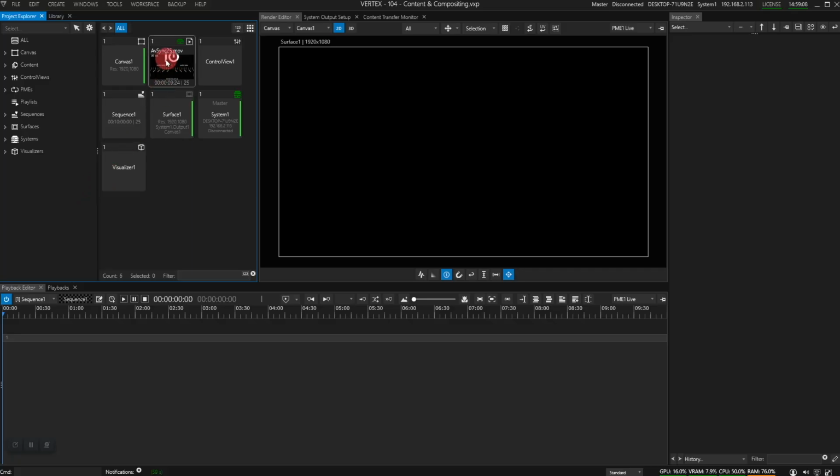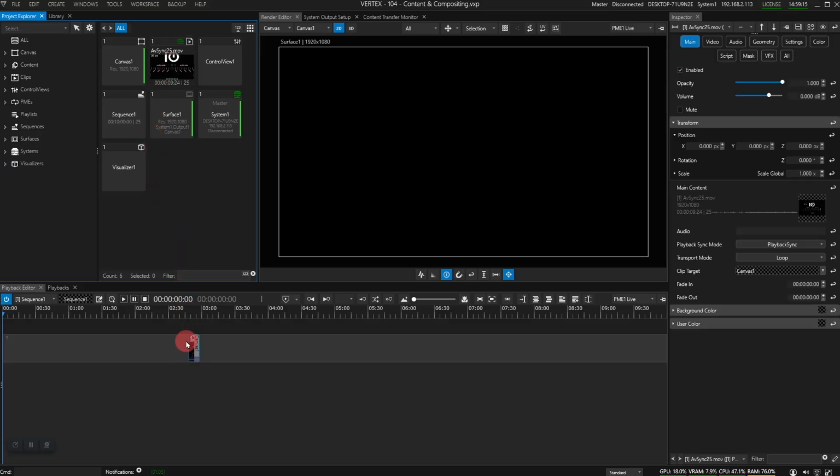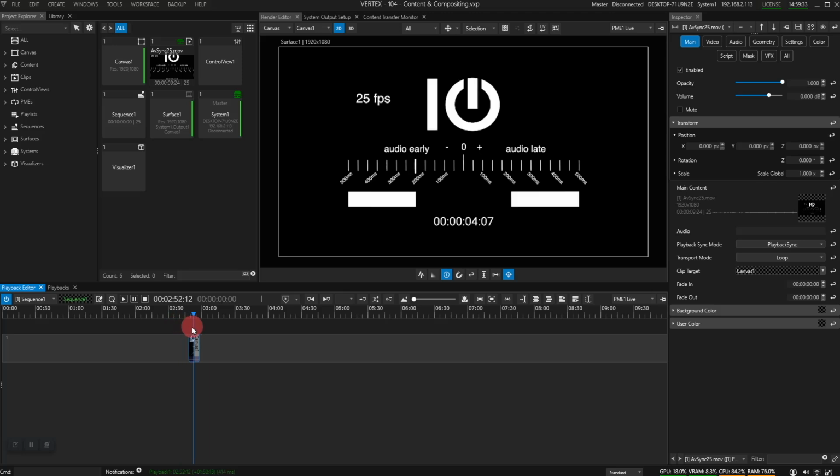We can just go to the Project Explorer, click on the content item, drag and drop it over here to create a clip container in our Playback Editor window. And when I click on the playhead and drag it across the timeline, you see how the counter position changes accordingly. As soon as we drag the playhead into our clip container, VERTEX starts the real-time rendering of its content immediately. The Render Editor window in the middle of the user interface gives us a preview of what's being rendered,